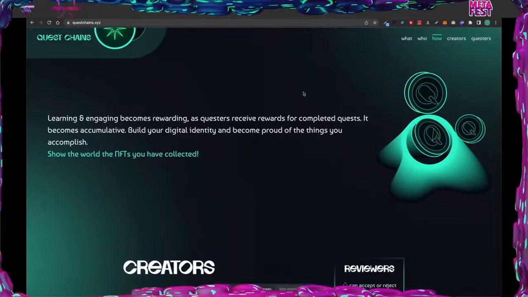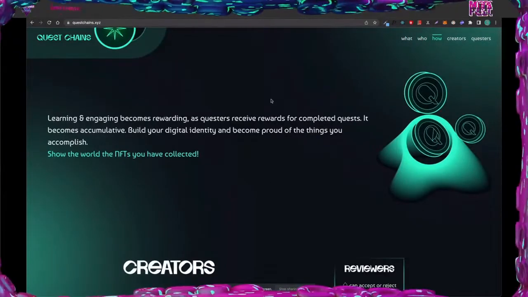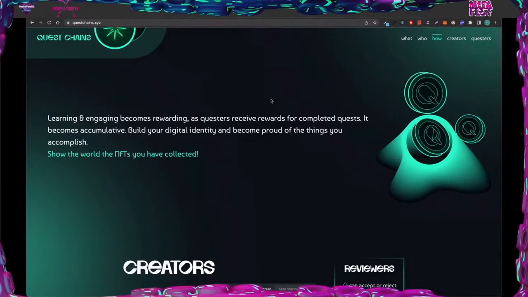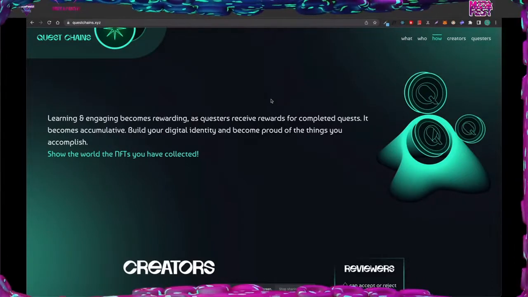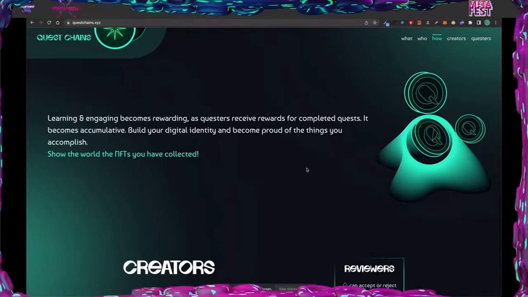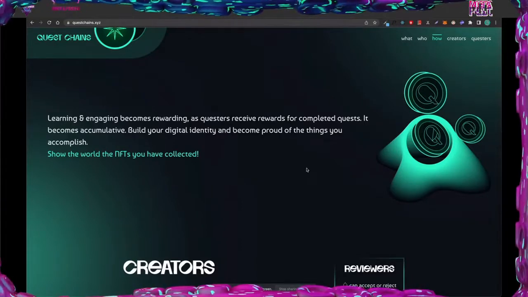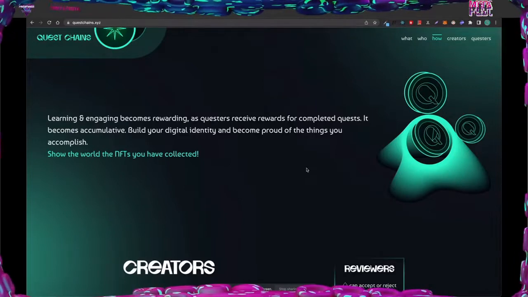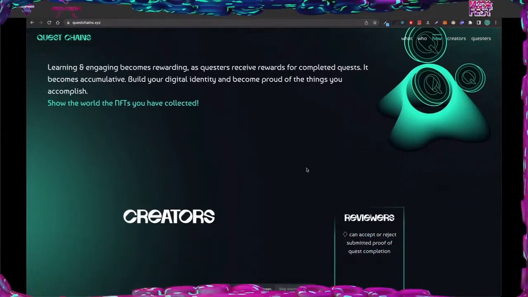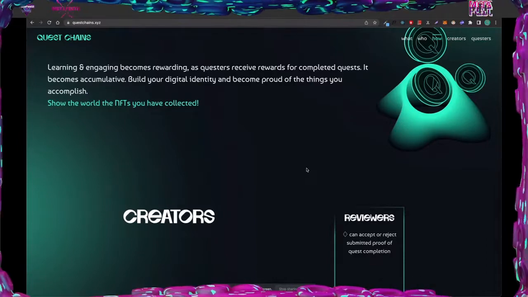By continuously completing these quests, they accumulate rewards and build up their profile, which they can use to showcase their skills in various communities.